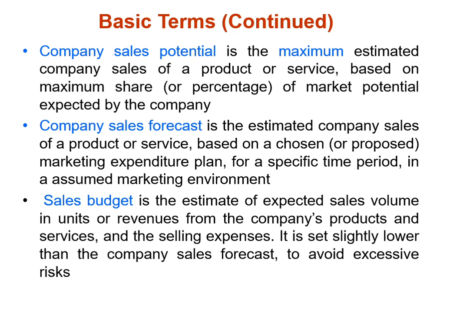Company sales potential is the maximum estimated company sale of a product or service, based on the maximum share or percentage of market potential expected by the company. Company sales forecasting is the estimate of how the company is doing, and it is used for preparing an expenditure plan for a specific period of time, assuming a given